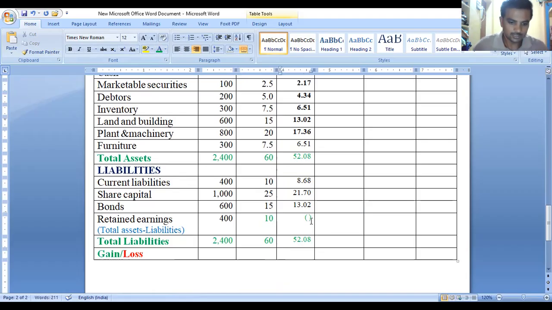So here, how much is the difference? 52.08, then the difference comes to 1.32. So first we need to add the total asset minus these liabilities. If you subtract, what is the rest? What is the difference? That difference should be the amount. You need to keep it here in brackets. This indicates that we need to calculate 1.32, so the difference needs to be compared with our current rate. So that's why it comes as a loss.